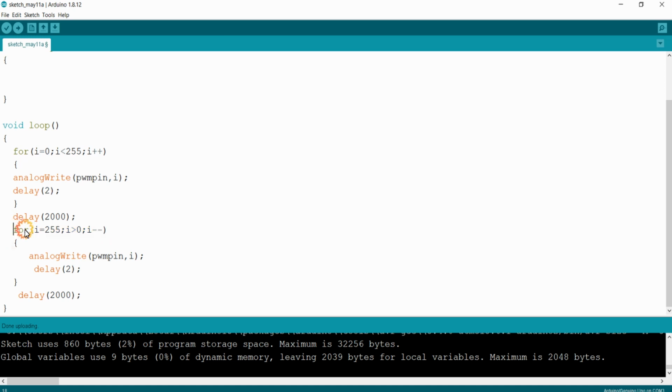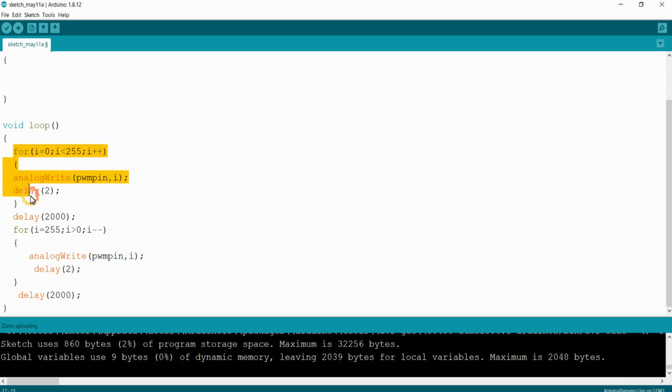This loop gives the values from 255 to 0 with a 2 millisecond time period for each value. Once it reaches 0% duty cycle, the LED will be turned off for 2 seconds, and since these two loops are inside the void loop, which is nothing but the infinite loop in the program, the process repeats.